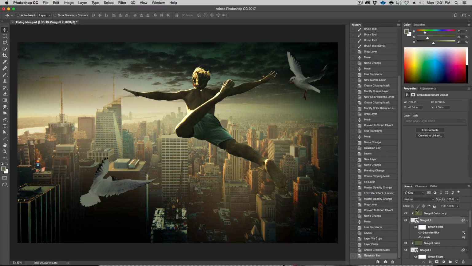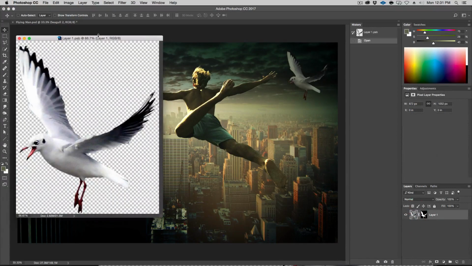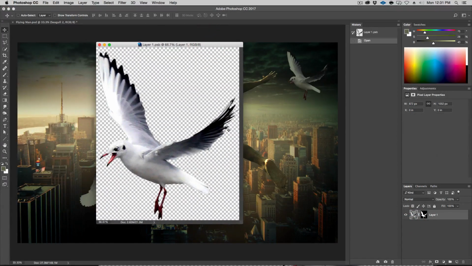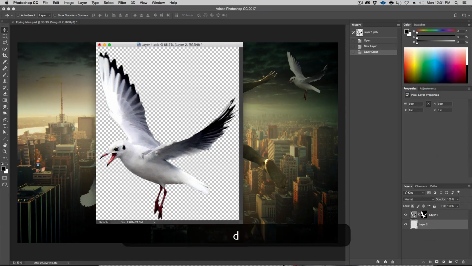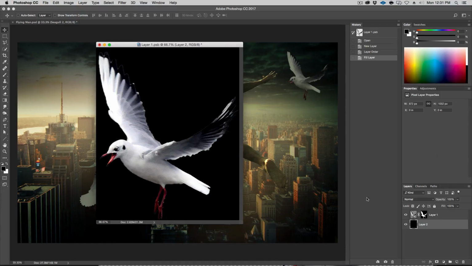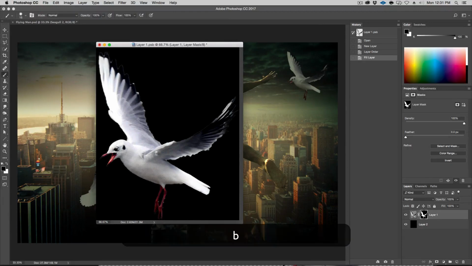The edge still could use a little work, so I'm going to double click on here. It's going to open up the smart object, and just temporarily I'm going to make a layer behind it and fill it for default, fill it with black so I can see this edge. And now I'm going to essentially try to blur this out a little bit, or take a brush, very soft brush, okay, and on the mask brush black, which means I'm hiding.